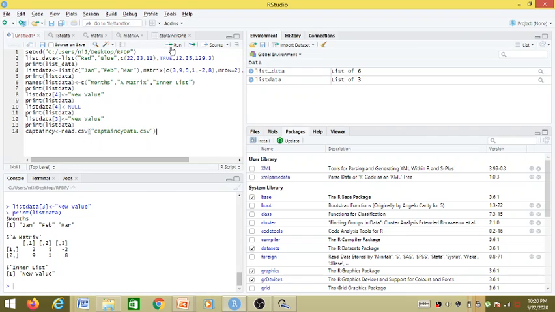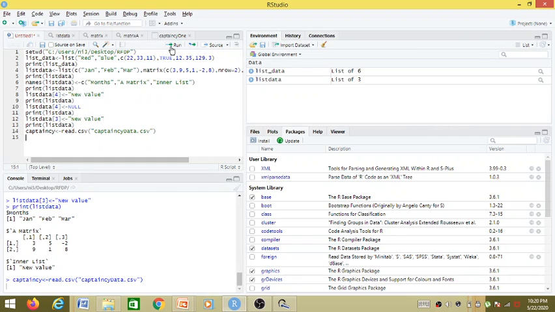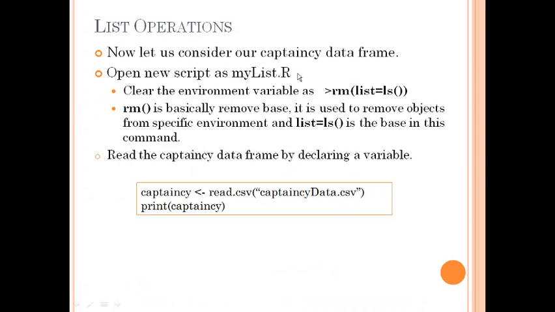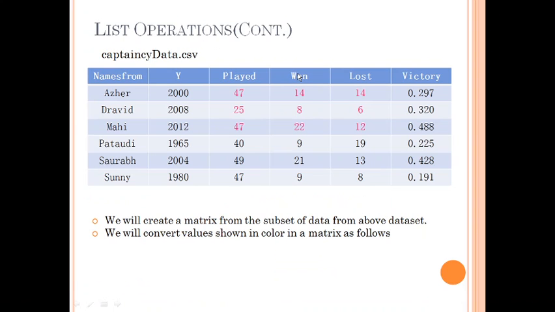So if I run this, you can see here with 6 rows and 6 columns, our captaincy data frame is ready. This is what our captaincy data frame looks like.